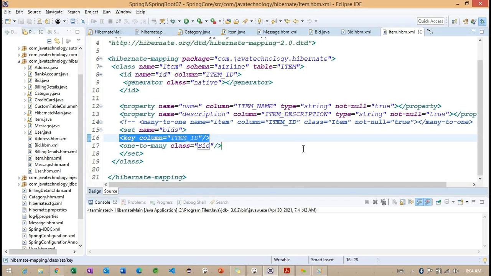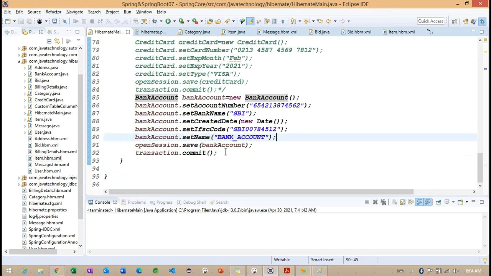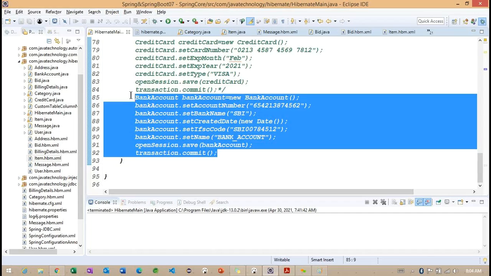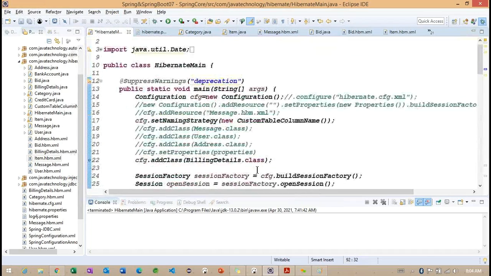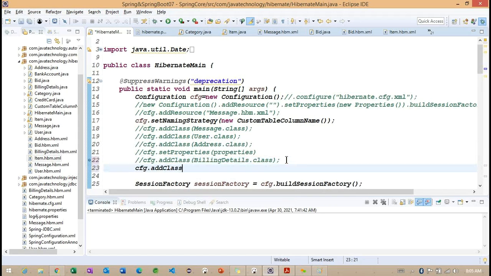Now we have defined the information regarding the bid and item. We need to generate the object creation and everything. To do this, I want to comment out this particular section and go back here.